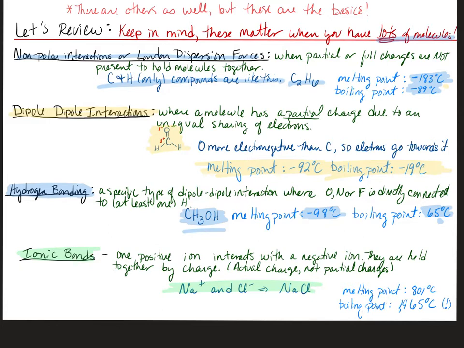That guy has a melting point of like 801 degrees Celsius. In other words, he's a solid at room temperature. The boiling point is over 1400 degrees Celsius. We're talking about way high temperatures. So yeah, these interactions make a huge difference as to what boiling points and melting points look like, and also how these molecules behave, maybe at room temperature, maybe at body